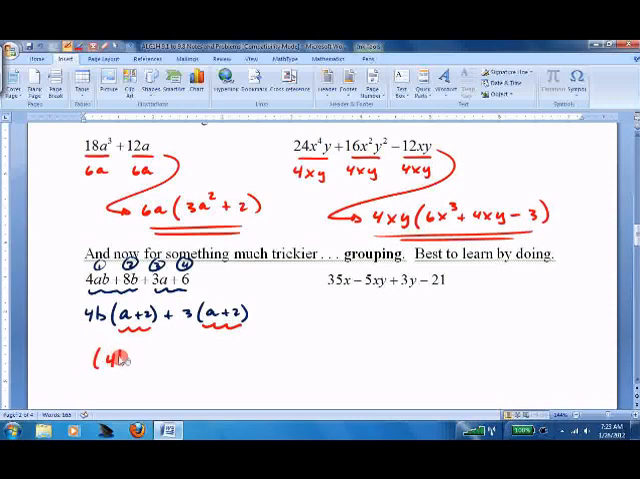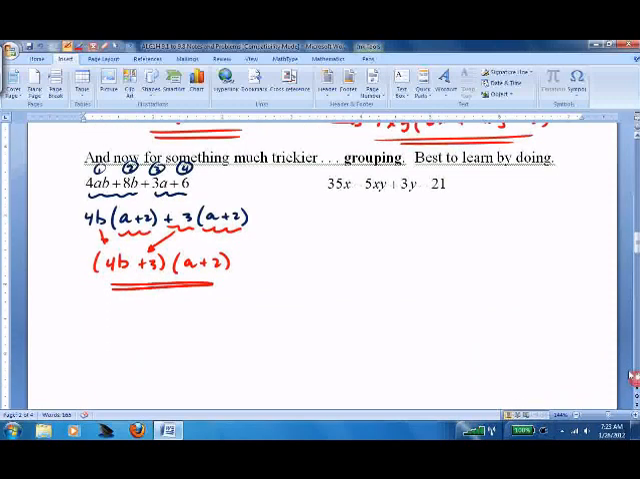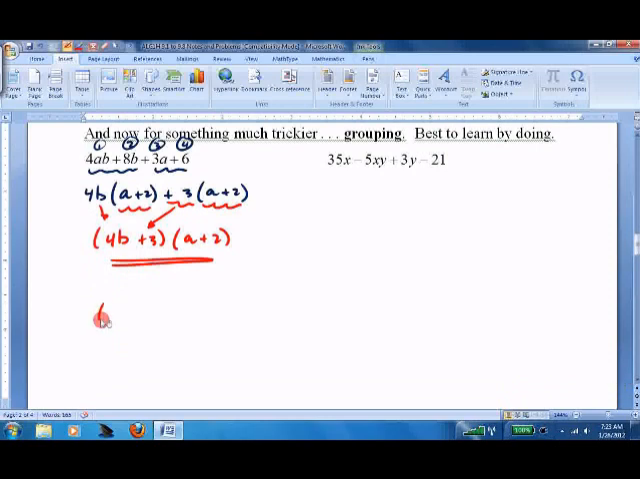So 4b plus 3 comes out, and the a plus 2 stays. And that's how you factor by grouping. A lot of people are mystified by this. If you don't quite understand it,